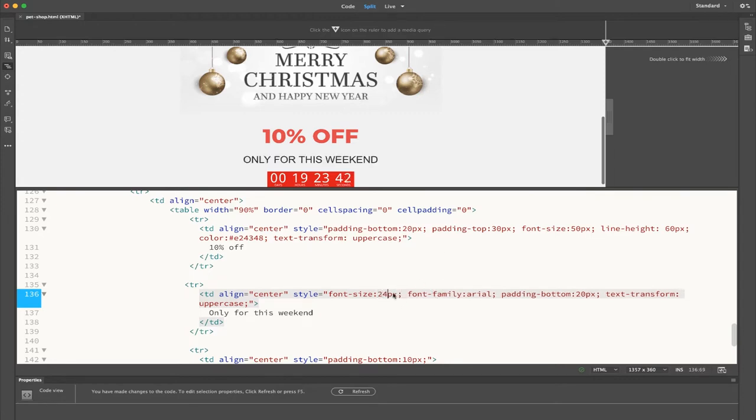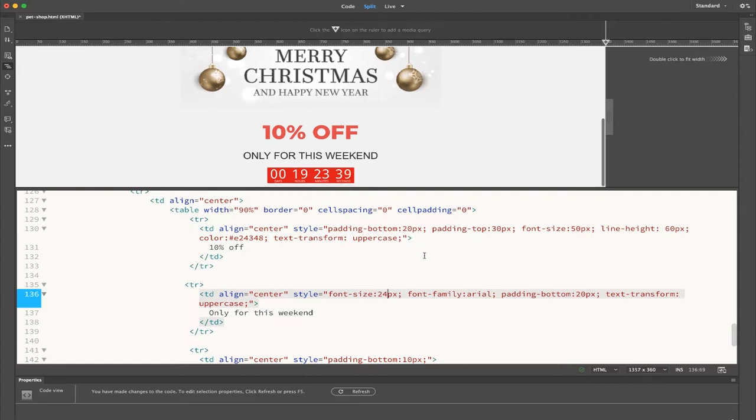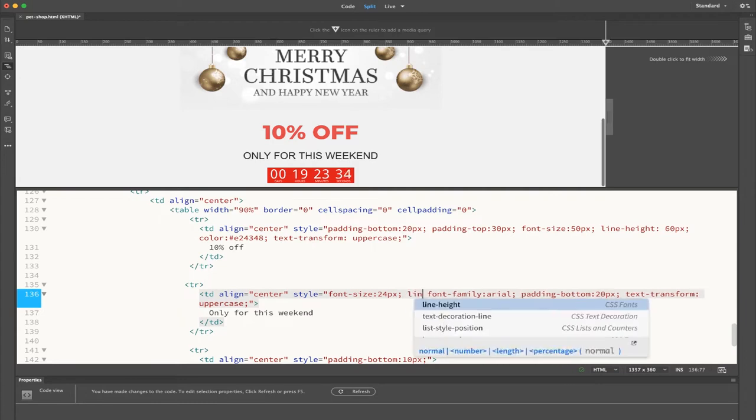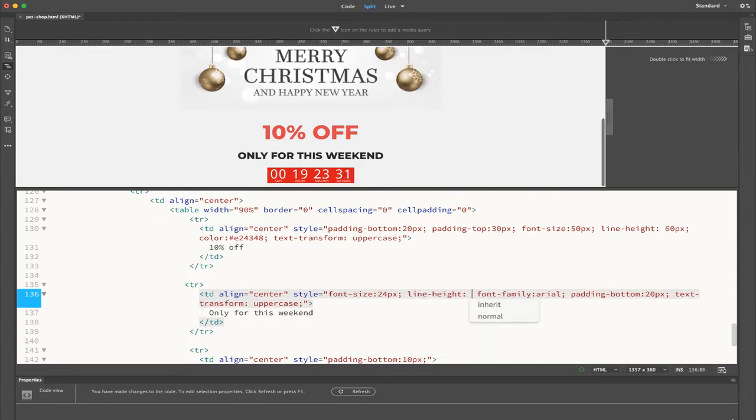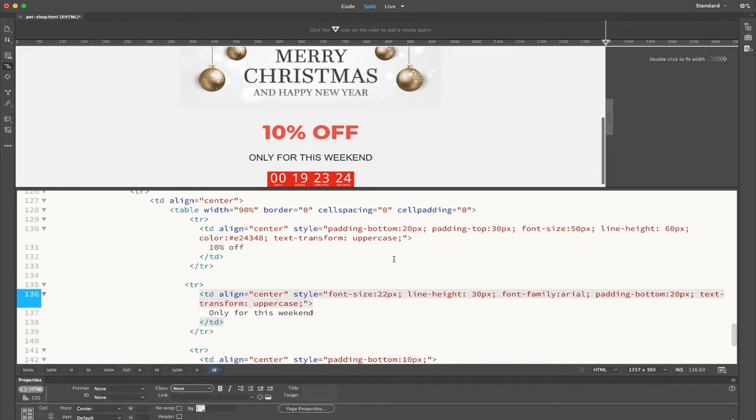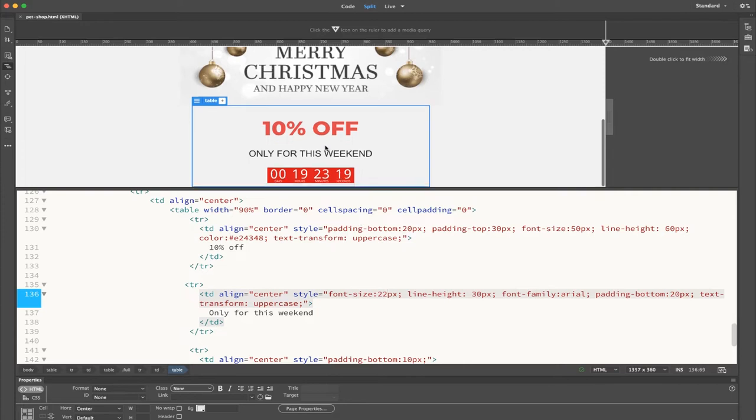Okay. Let's see here. Okay. Line height. Line height can be 30 pixels. You know what? Drop this to 22. All right, something like that. Maybe one other thing we can do here is